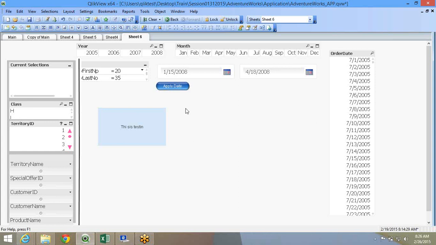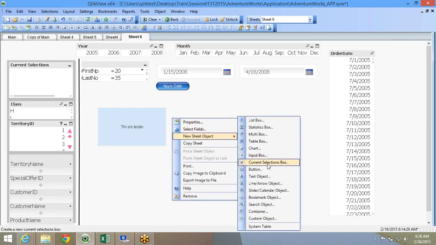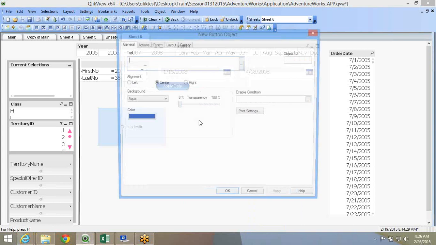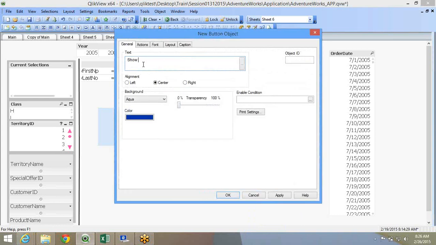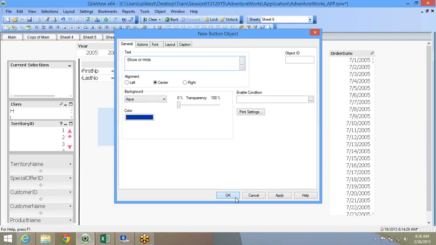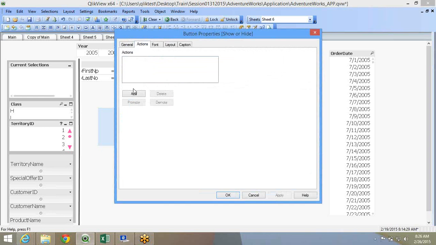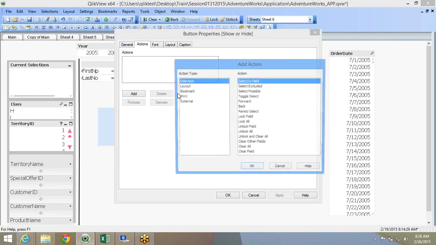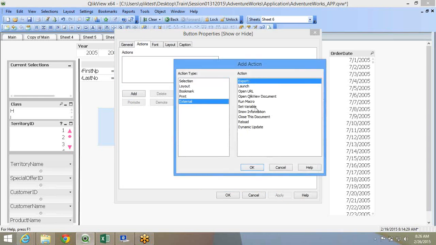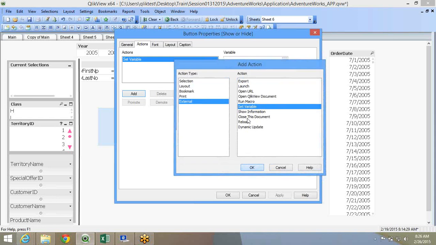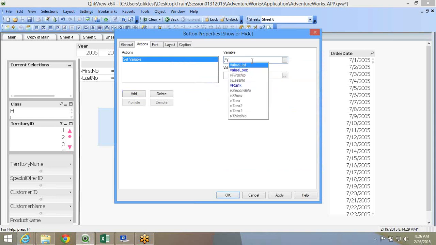No. Okay, quickly one more thing. I can set these buttons, right? I'll say show or hide. This is a button I created. Now for the show or hide, I'll just set an action. Add actions, external, set variable. Now in the variable, I will select that variable vShow, I think.